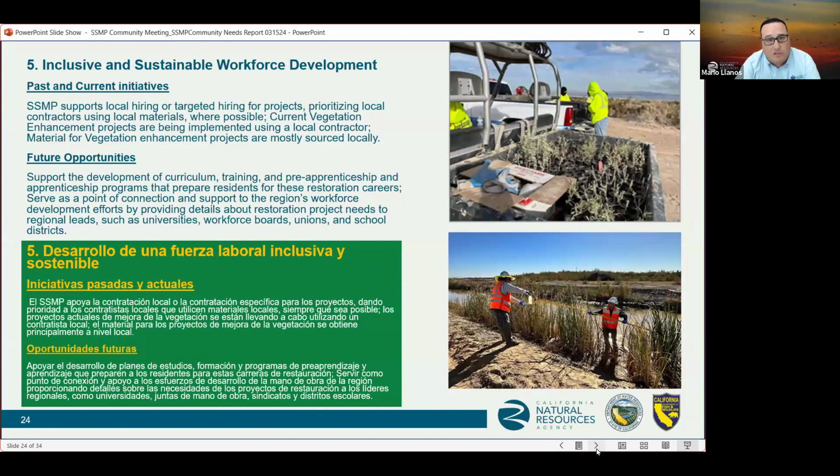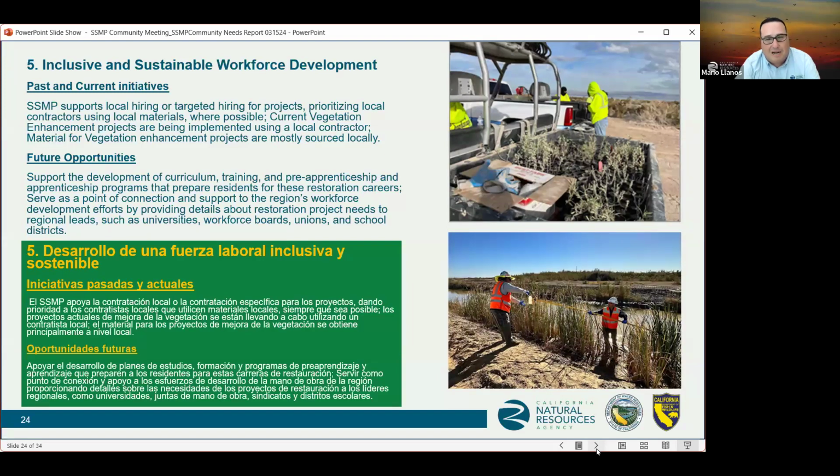Number 5, inclusive and sustainable workforce development. The SSMP supports local hiring or targeted hiring for projects, prioritizing local contractors using local materials where possible. This includes locally sourced plants and seeds, irrigation parts, and other materials sourced from the region.